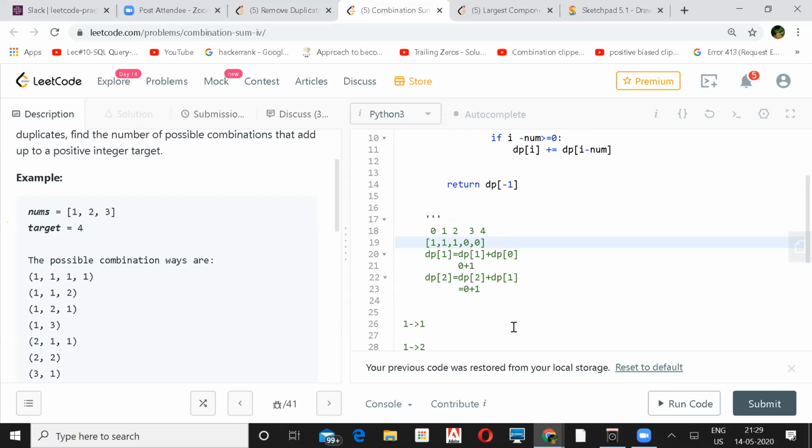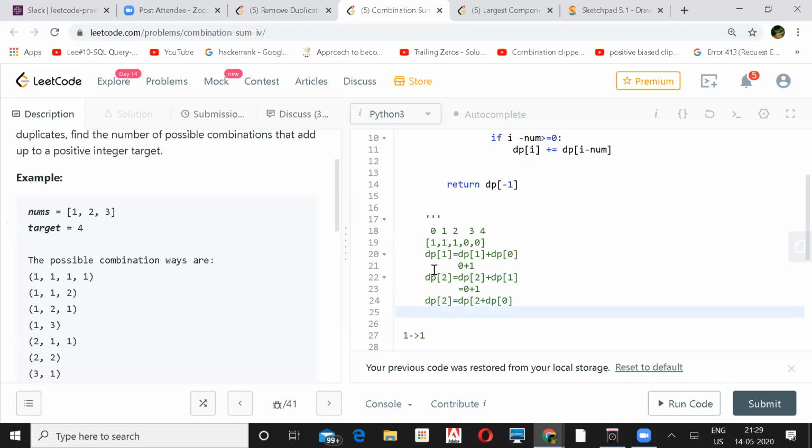Now you have to check whether 2 is greater than or equal to 2. dp of 2 should be 2, right? Definitely, yes, in the next iteration I'll do that. So now dp of 2 will be dp of 2 plus dp of 2 minus 2, which is dp of 0.